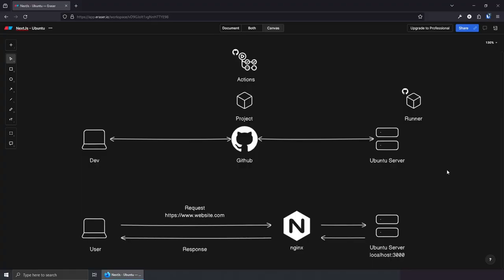Before we get started, I wanted to try and draw a very basic diagram of what is going to happen in this video, and I've already changed the diagram like a million times, but hopefully this one will be okay. So essentially in the first step, we're going to be creating a very basic Next.js application. From there, we're going to use GitHub in order to have version control of our project, and also it's good